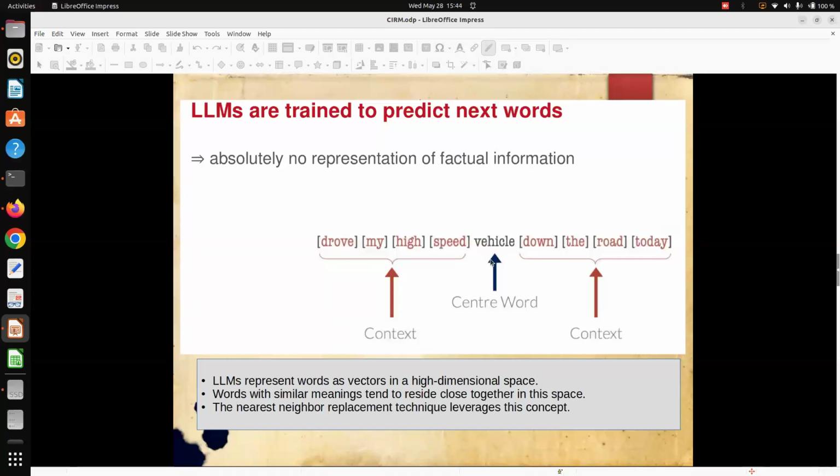The moment I say vehicle, it can associate vehicle with speed, high speed, driving, road, and so on. In this way, it can pick up the most relevant associated words, and it knows perfectly well how to write a flawless natural language flow like the English language by following the syntactical and semantic rules of that particular language.